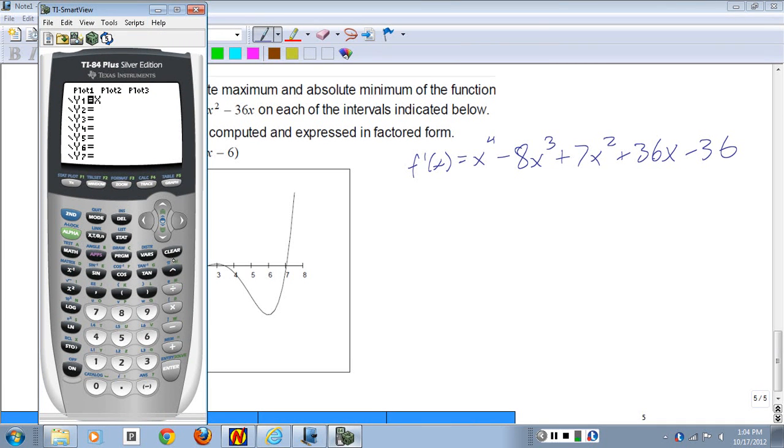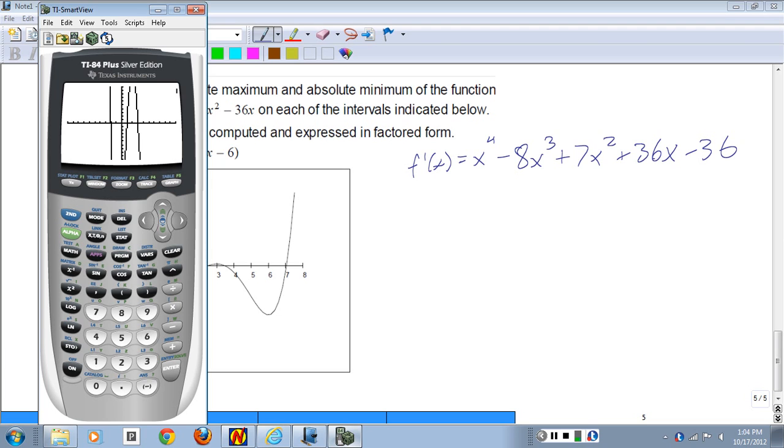If I look at the picture, x to the 4th minus 8x cubed plus 7x squared plus 36x minus 36. And if I have no idea what the zeros are, I might be kind of out of luck. But if I can graph this, and if the zeros are nice, zoom 6,